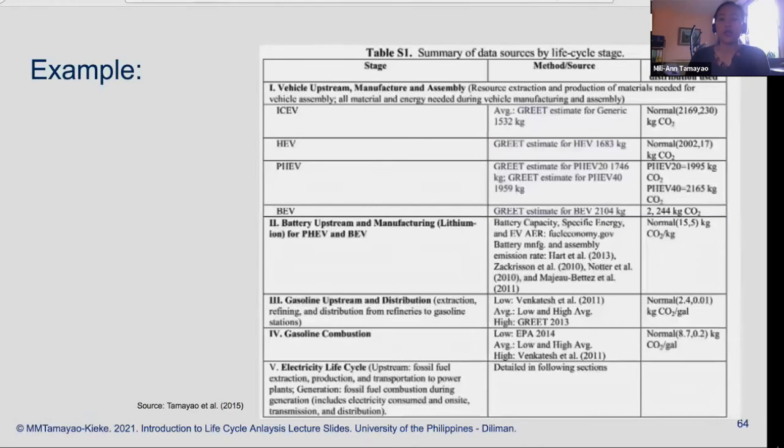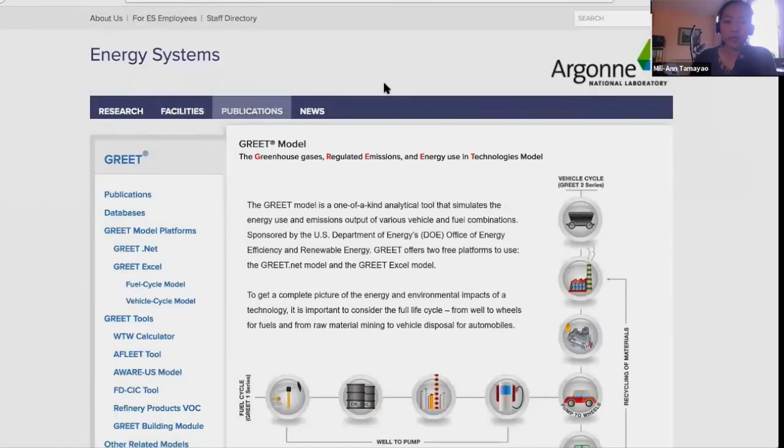So let's look at this example. This is a summary of data sources by life cycle stage from the LCA work that I and my advisors did on electric vehicles. You can see here the different life cycle stages, the method and source, and then the value or the distribution that was used. As you can see here, the sources or the methods are varied. So you see here information from GREET. GREET is a model, and it comes with the software